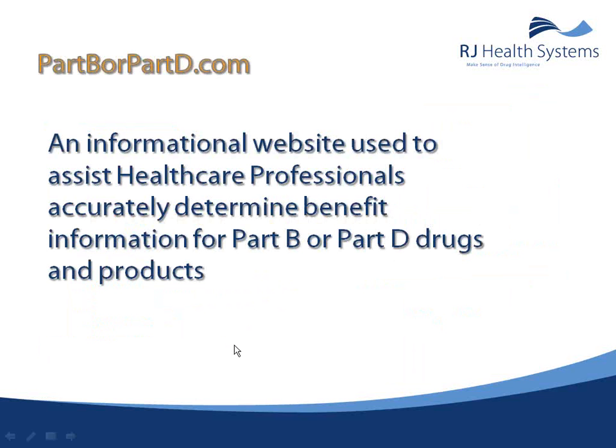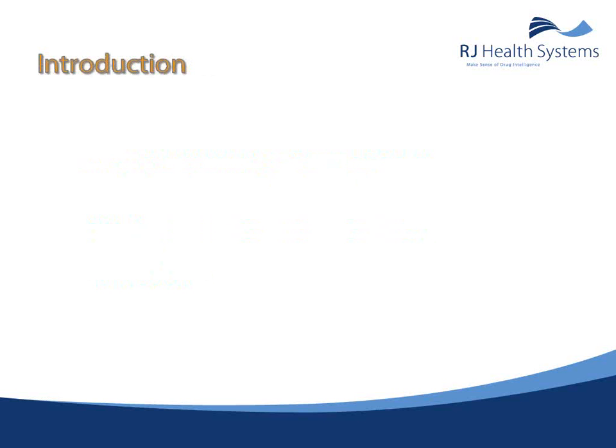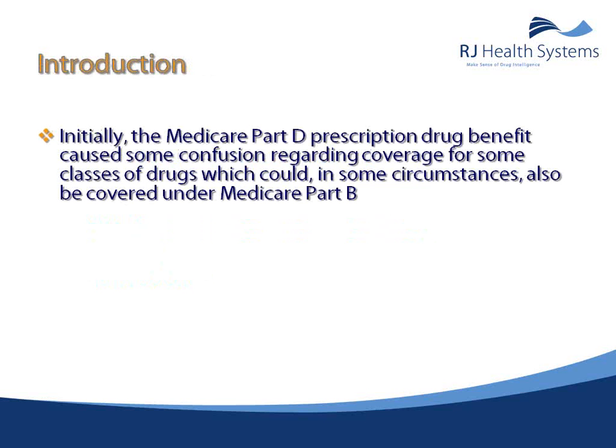Part B or Part D is an informational website that's used to assist healthcare professionals in determining the proper benefit structure between Part B, medical drugs, and Part D, pharmacy drugs and products. Initially when the Part D benefit structure came out in 2005, there was some confusion regarding what structure should be billed for various classes of drugs. There are some circumstances where a product can be billed underneath the B benefit for medical side and D benefit for pharmacy